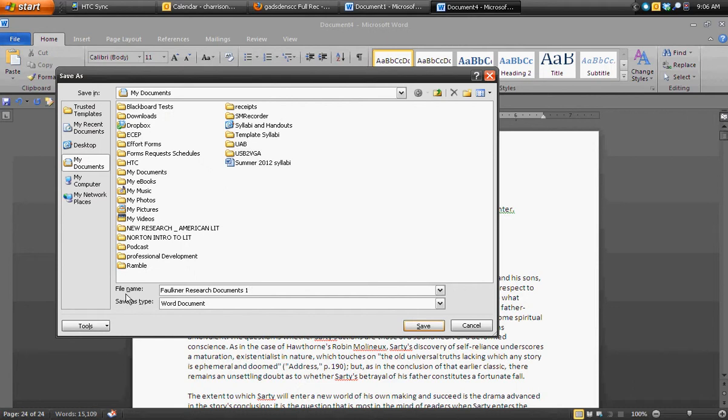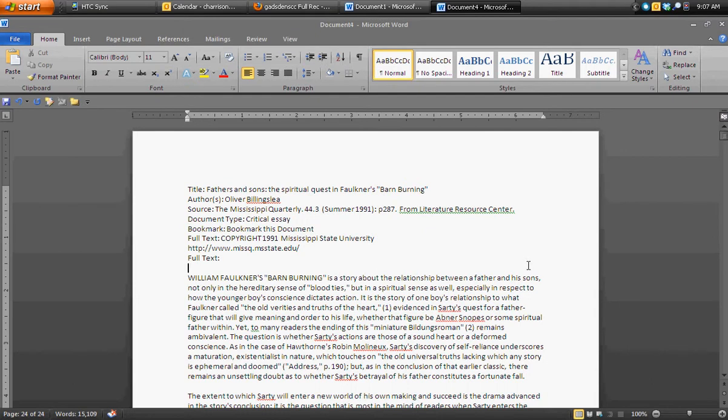And now I have this one singular little research packet that I can print up, staple together, double hole punch or triple hole punch if I want to, put it in a folder. I can build my own little research packet, carry my own little research handbook on my author. That way I don't have file after file after file to take care of. And that's just the way I do it.